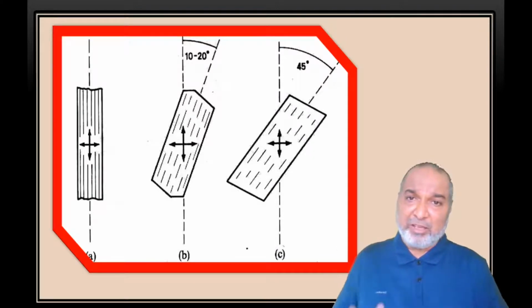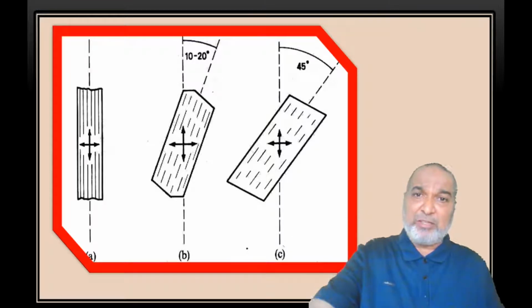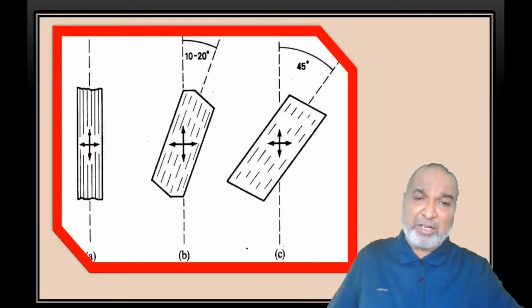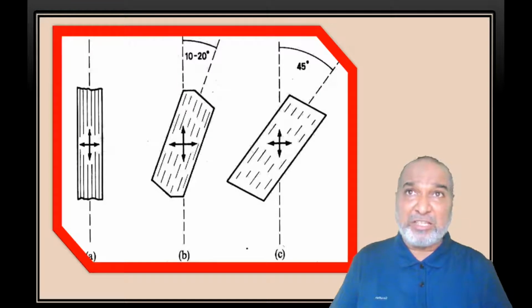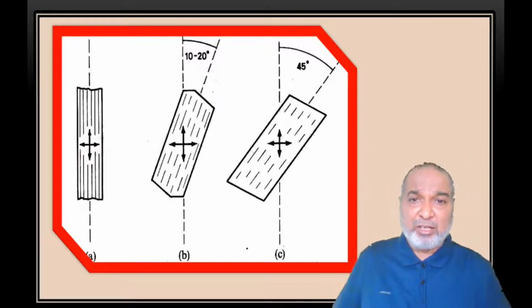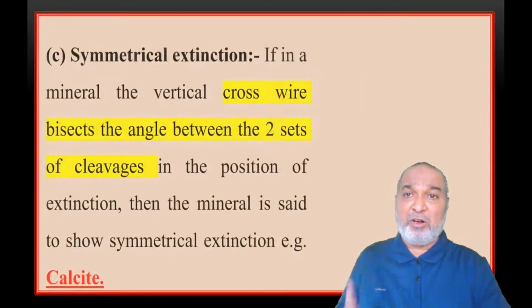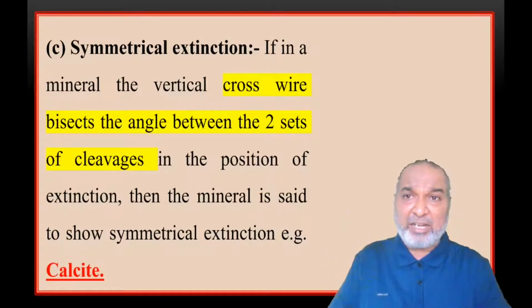Rotate the stage. Wherever it becomes dark, take out the analyzer. See this position. This is the position with the vertical crosswire. The angle which is there, you have to take down again with respect to the vernier 0, and that will be your final reading. The difference between these will give you the angle of extinction. In some minerals, you still have to go ahead and then you will get the angle. This is how you find the angle of extinction of minerals showing oblique or inclined extinction.